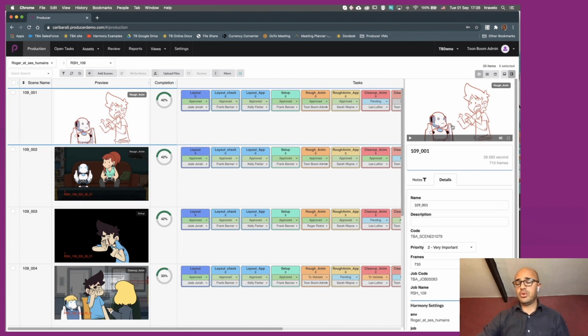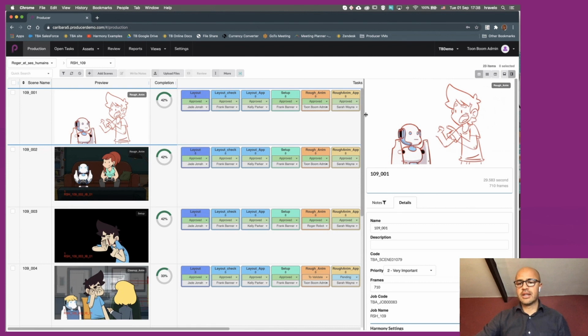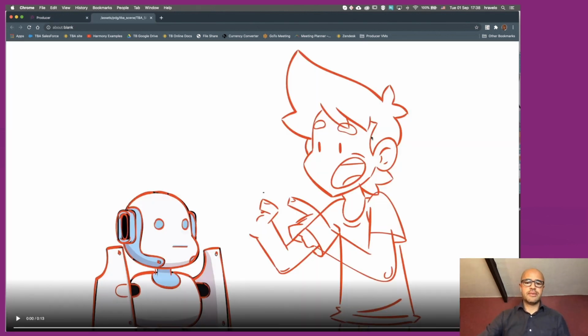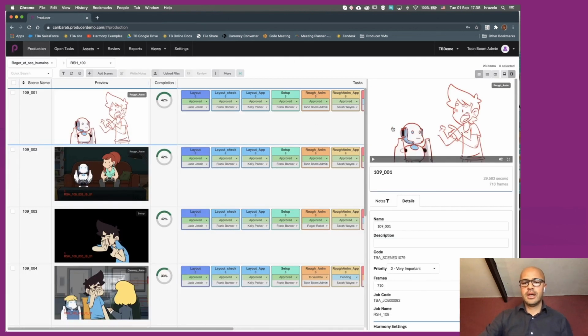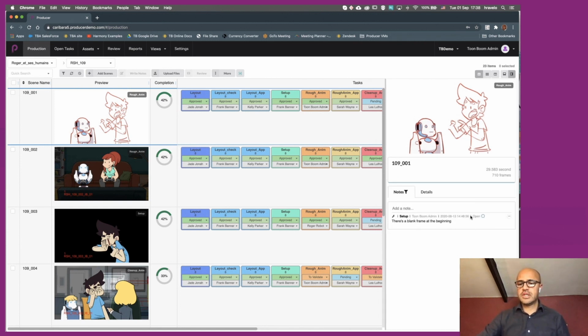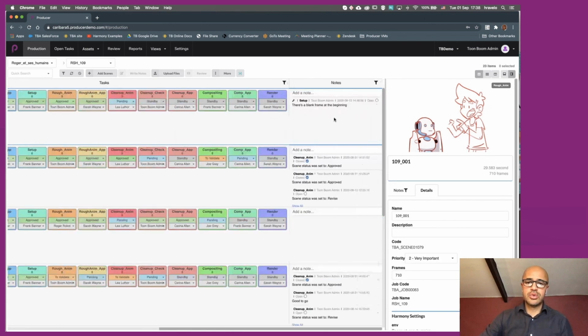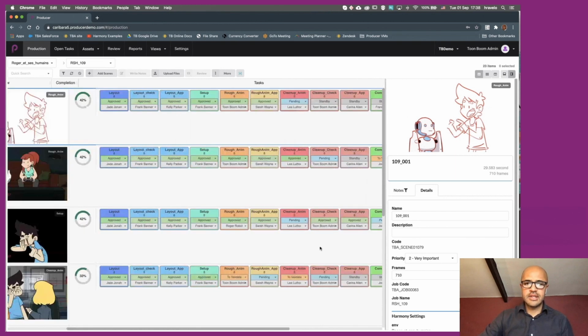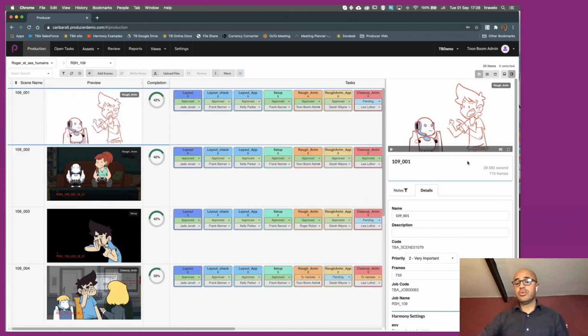If you want to have a quick preview of the scene or of that version, you can also look at it from the side panel. You can make it a bit bigger like this, or you can also put it full screen and play it from here. You can also put some notes if you would like directly from there, or see the list of notes available here for this particular scene, or go to your columns and see the notes on this side. That's a very quick way of reviewing or previewing a specific version.